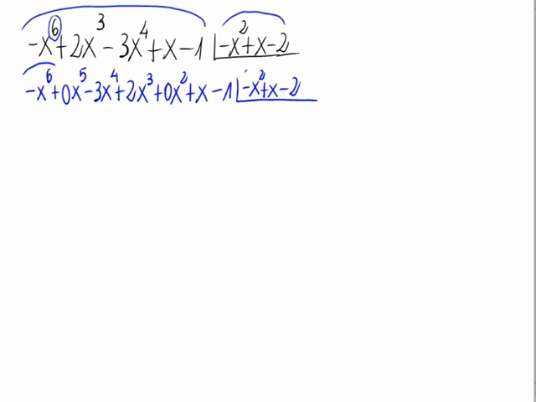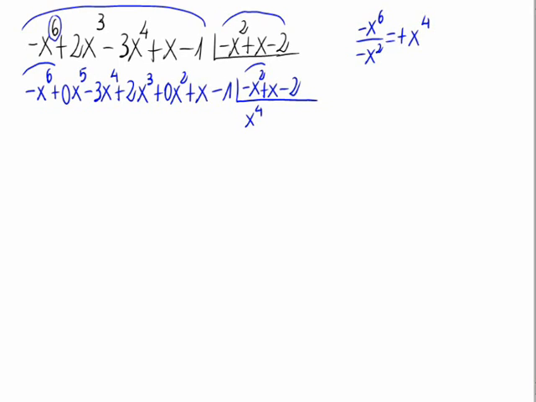First, let's have a look at the monomials of biggest degree of the dividend and the divisor. Let's divide them, so we would have minus x to the 6th divided by minus x squared. Minus divided by minus is plus, and x to the 6th divided by x squared is x to the 4th. Let's write it down on the quotient. Now let's multiply x to the 4th times the whole divisor,